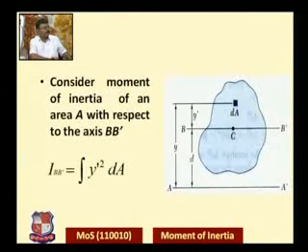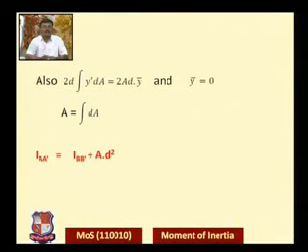If you observe the second term carefully, it is 2d integration y' dA, which is equal to 2 A d y bar, and over here the y bar, which is the y coordinate of the centroid on the centroidal axis itself, must be equal to 0. So the second term would nullify here, and at last we get the relation I_AA' equal to I_BB' plus A d square. So again let us go through the terminology.